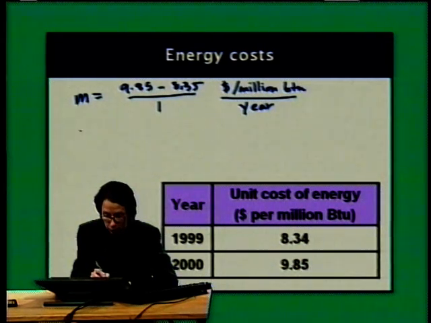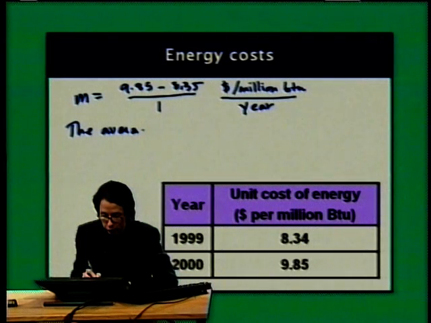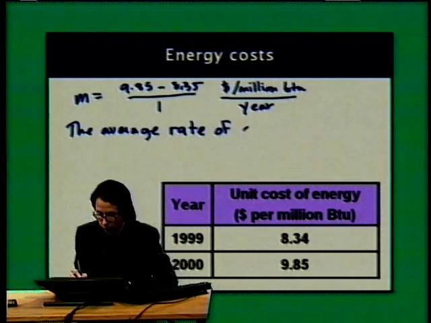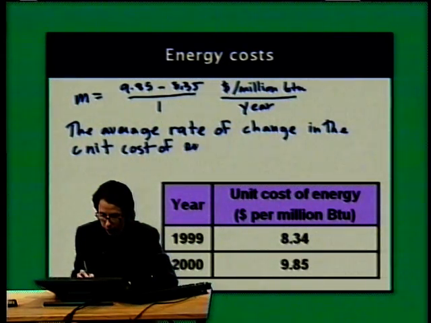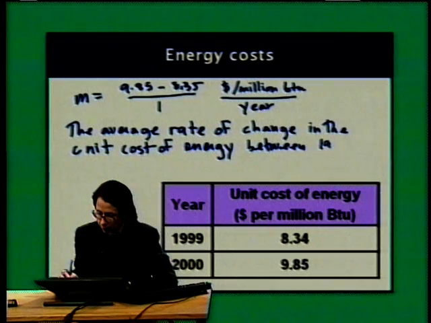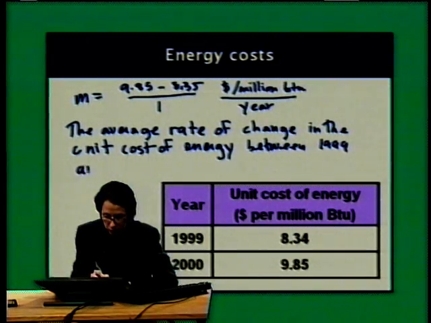So doing the calculation, we see that the average rate of change in the unit cost of energy between 1999 and 2000